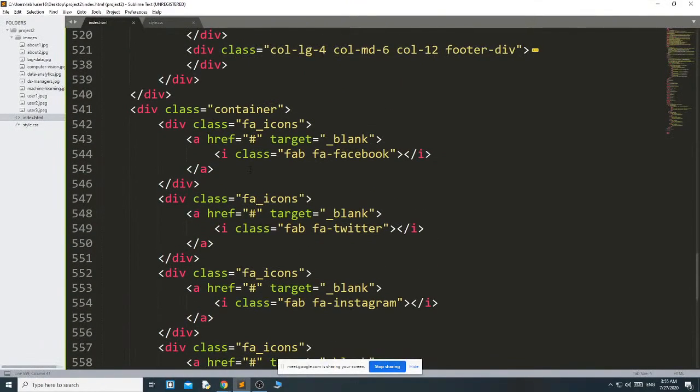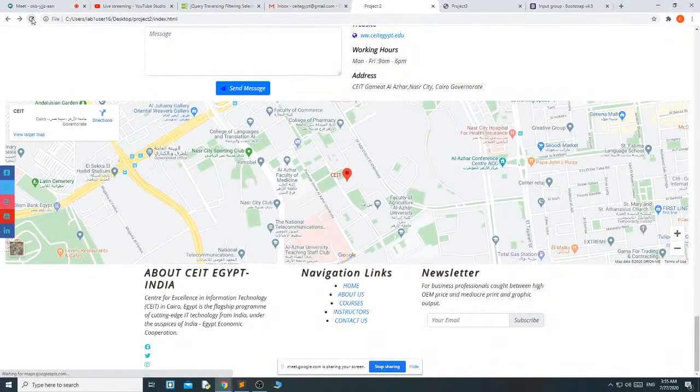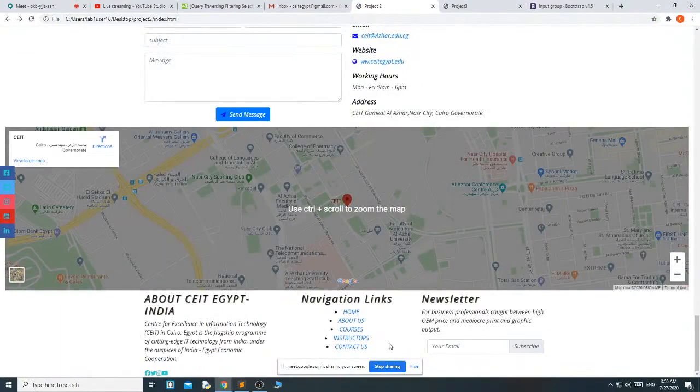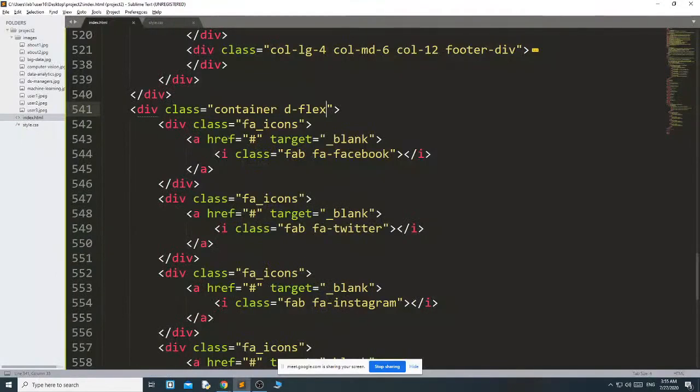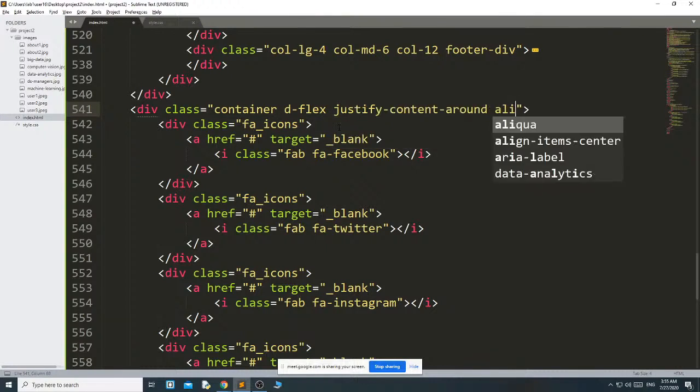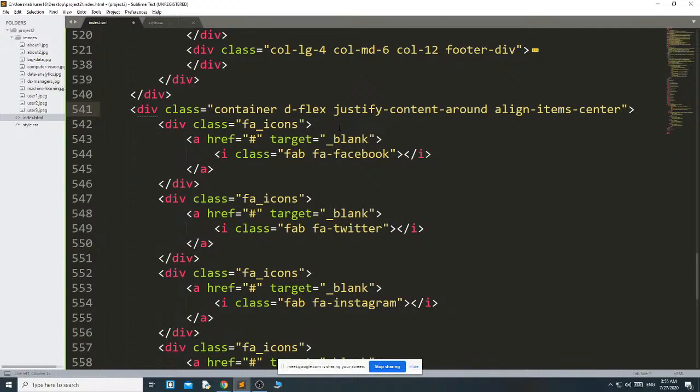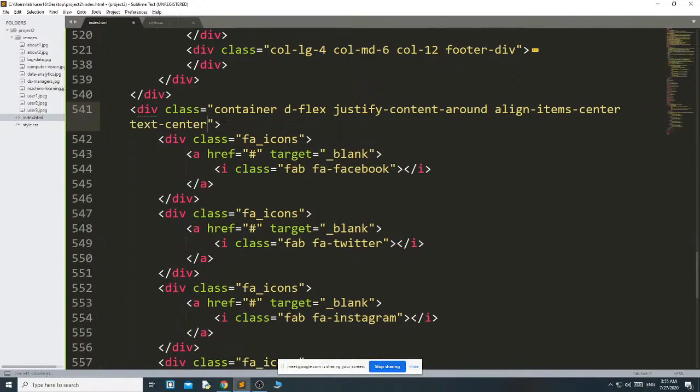Then what I have to do, just go to this container and use d-flex. Okay, you can see it comes in one row. d-flex, then justify-content-around, then align-items-center, then text-center, then I just give a class name social-network.